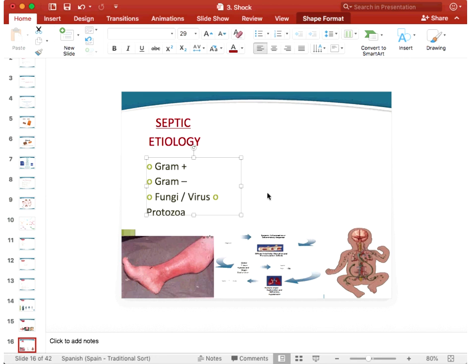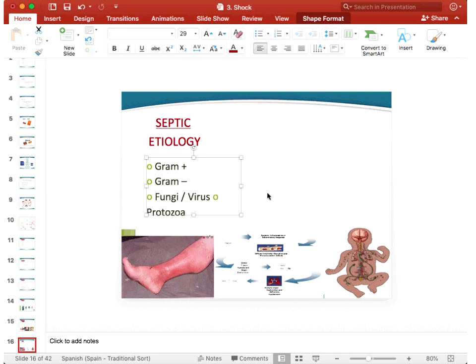Plus, you have the fever, and you have the leukocytosis, and you have the C-reactive protein way too high, and all of the infection and inflammation markers way too high. So you have to find out the site of infection, and if you find it, and if it's possible, you have to make a